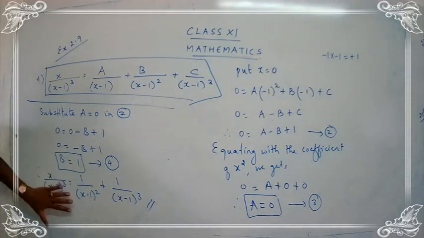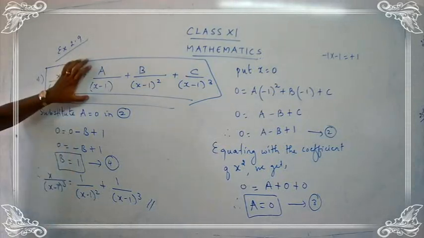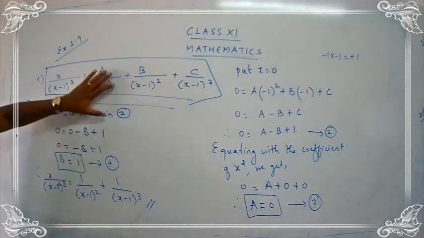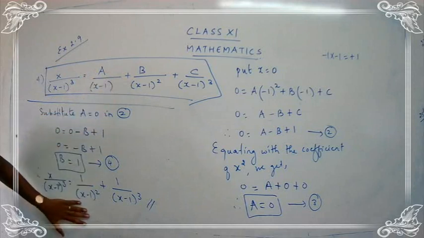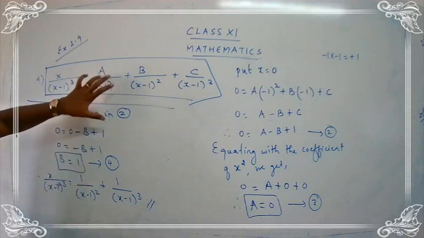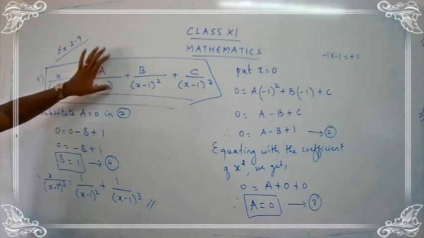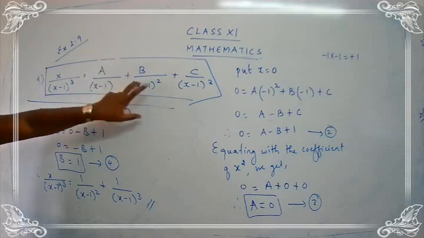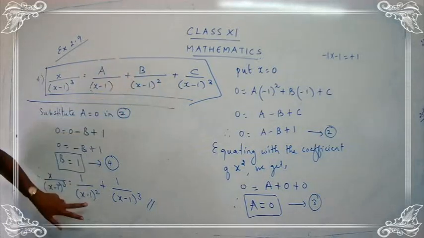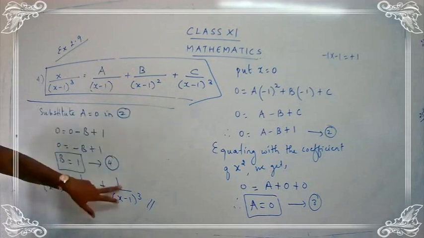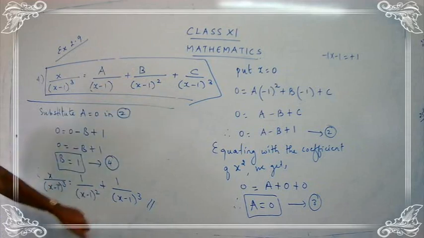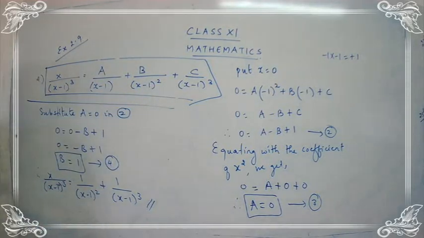So we have substituted the found values. We started with this part and we have just substituted the found values. We substituted the value for a as 0. Since a is 0, the whole term vanishes, so only these two terms are left. So b is 1 upon (x minus 1) the whole square plus 1 upon (x minus 1) the whole cube. So we have completed our sum number 4.